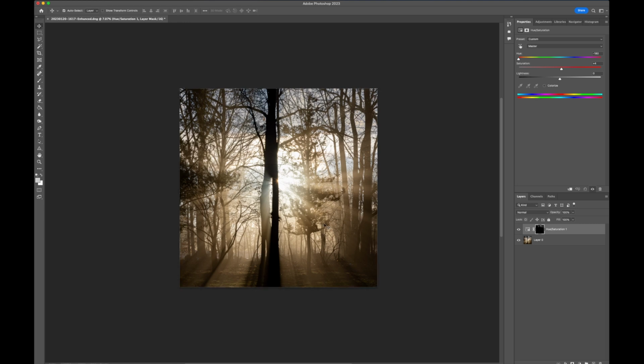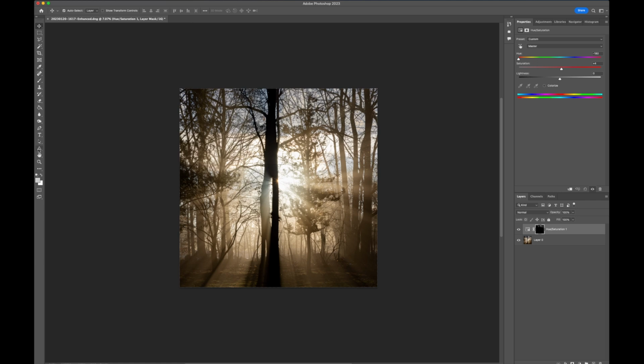The next thing I want to do is, because the edges of this photo are kind of bright in a lot of places, so this is bright up here between the trees, some bright spots over here, this is a little bright over here, we're going to add a vignette. There's a lot of different ways you can add a vignette to your photos. This is a way that I started using a couple of years ago. It's pretty efficient, works pretty well.